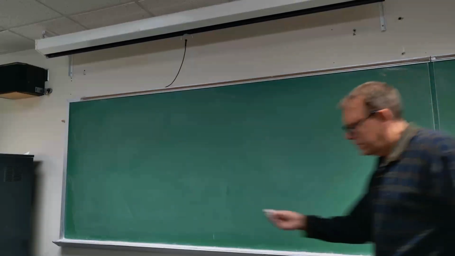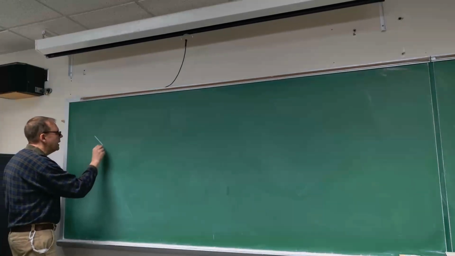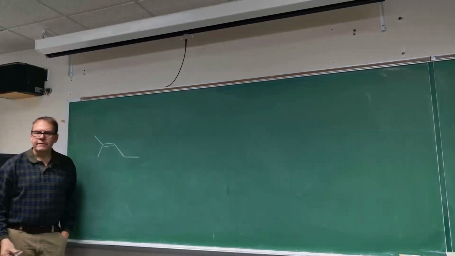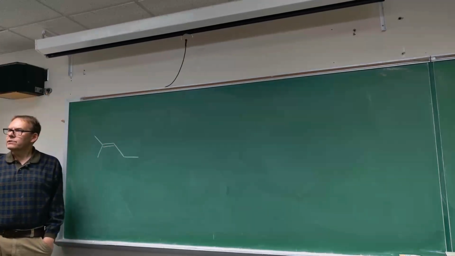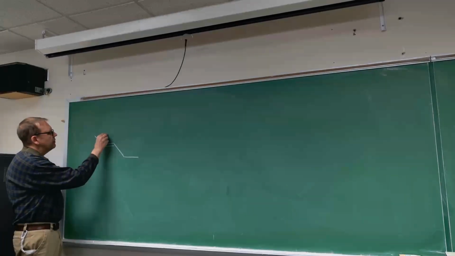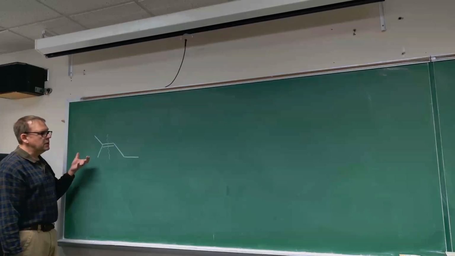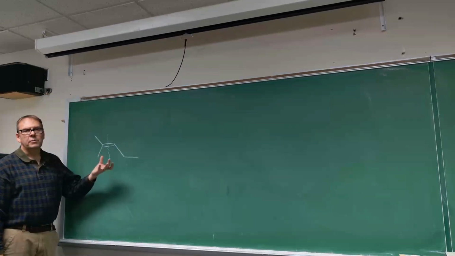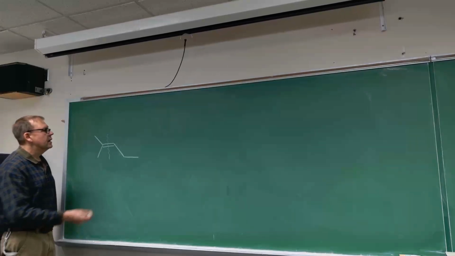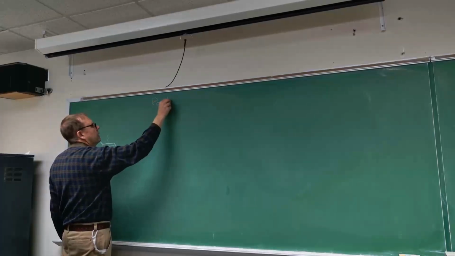So here's a problem, I guess you could say. Suppose you wanted to make this alkene, and you were going to make it via Wittig reaction, because Wittig reaction is a good way to make alkenes. There are two ways you can make this. The Wittig reaction makes the carbon-carbon double bond, and so you could have one of the pieces be the ylide and the other piece be the carbonyl species, and that could work two different ways. So I'm going to talk about this as route 1,